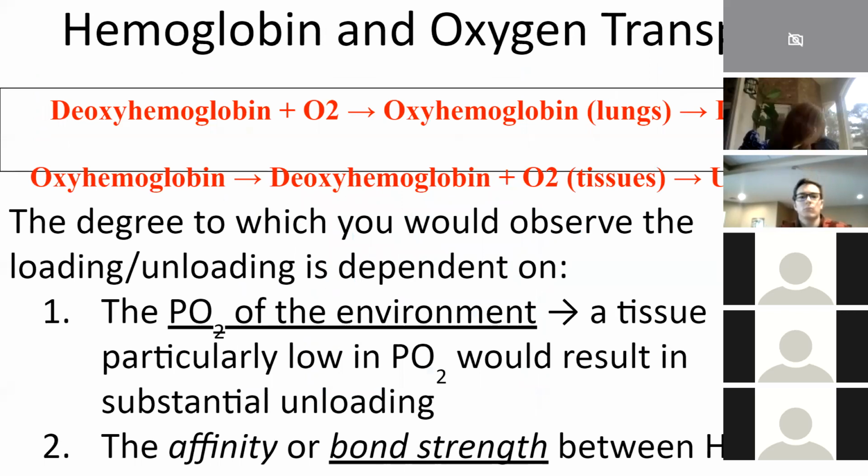The next thing that's really important for us to do is to consider these oxygen hemoglobin dissociation curves and what affects them. And the important piece here is that deoxyhemoglobin,